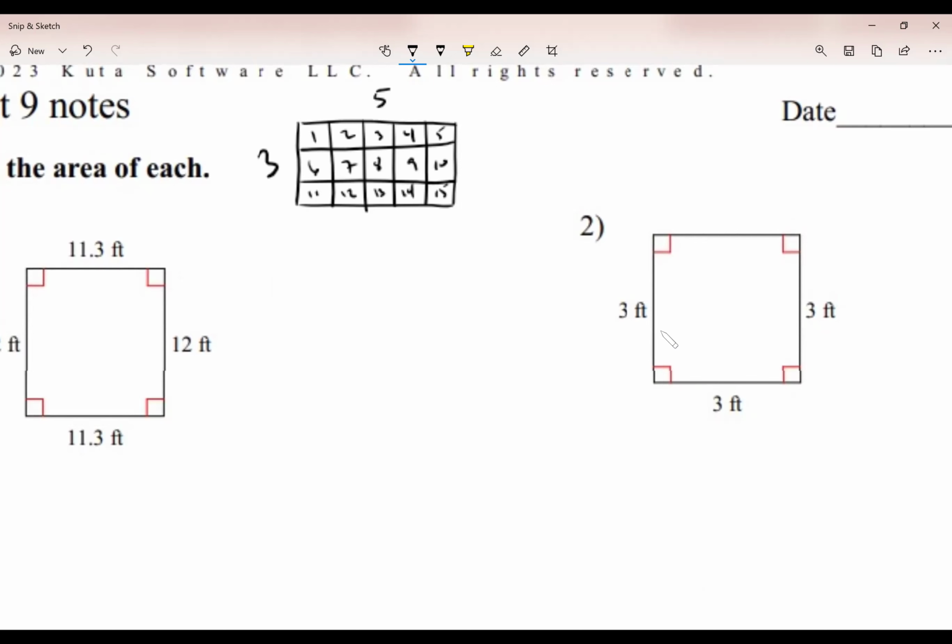Another way we could have done this, we could have just added: there's 3 here, plus another 3 here, plus another 3 here, plus another 3, and another 3. Right now, 3 plus 3 plus 3 plus 3 plus 3 is also 15. That's another way we could have done this. Now, to make it easier,